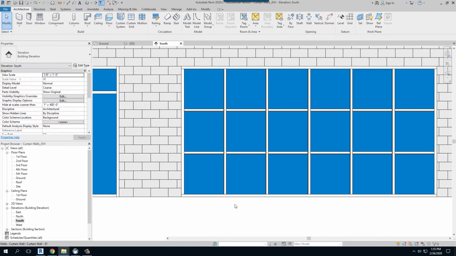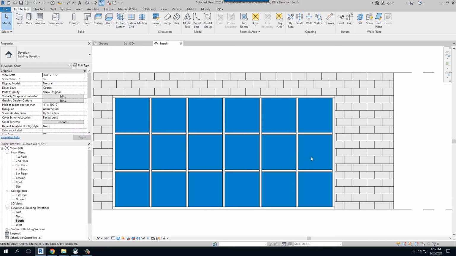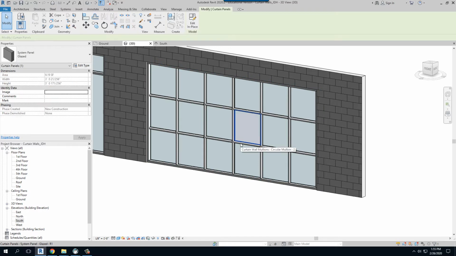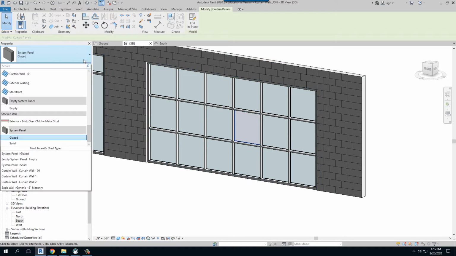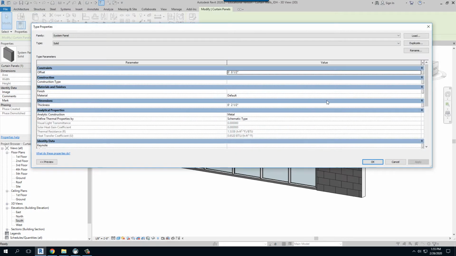So, some other interesting things we can do with the curtain panels. What I always enjoy doing, depending on what kind of look I'm going for, is this: let's say I hover over here, tab to that panel, and click it. As some of you discovered, you could change these to do what? I can take this, make this a solid panel, then edit the type, and by editing the type,